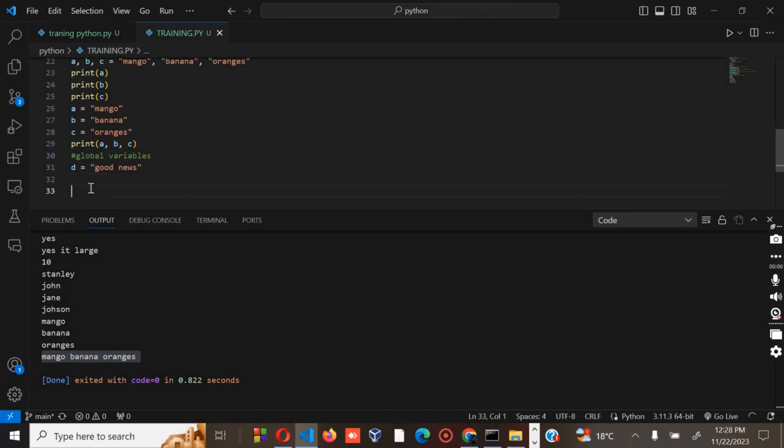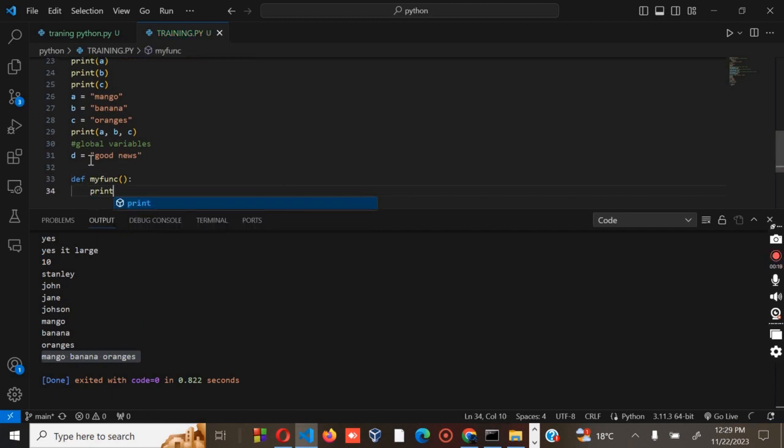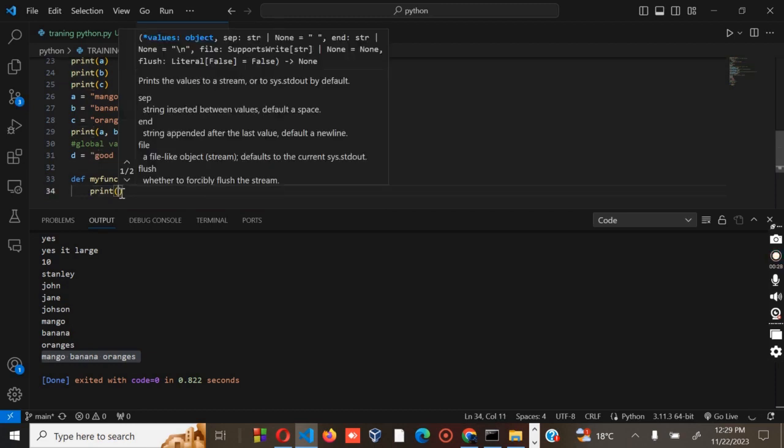Then define my function, then we have a colon there, then you need now to print. Remember, we are trying to combine this one with what we have in our function. And what we have in our function, we have